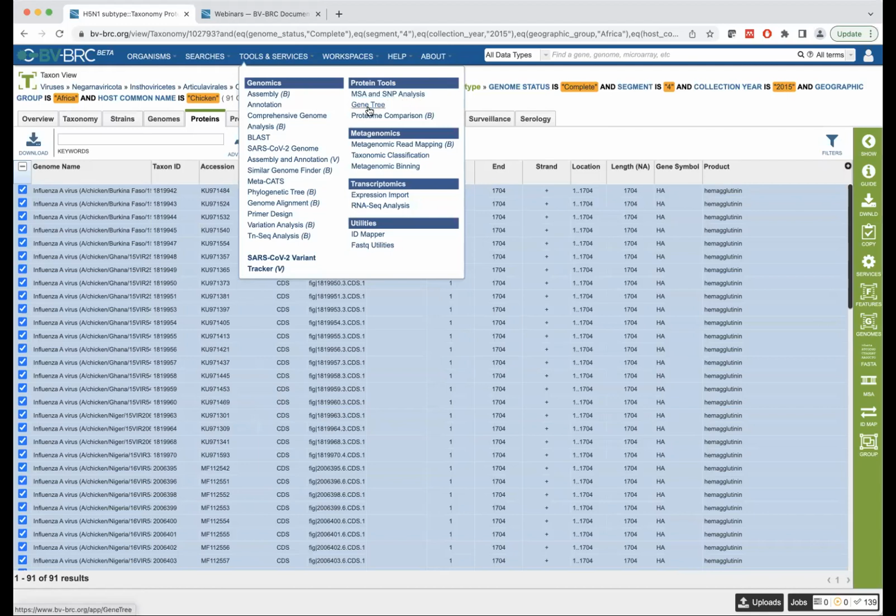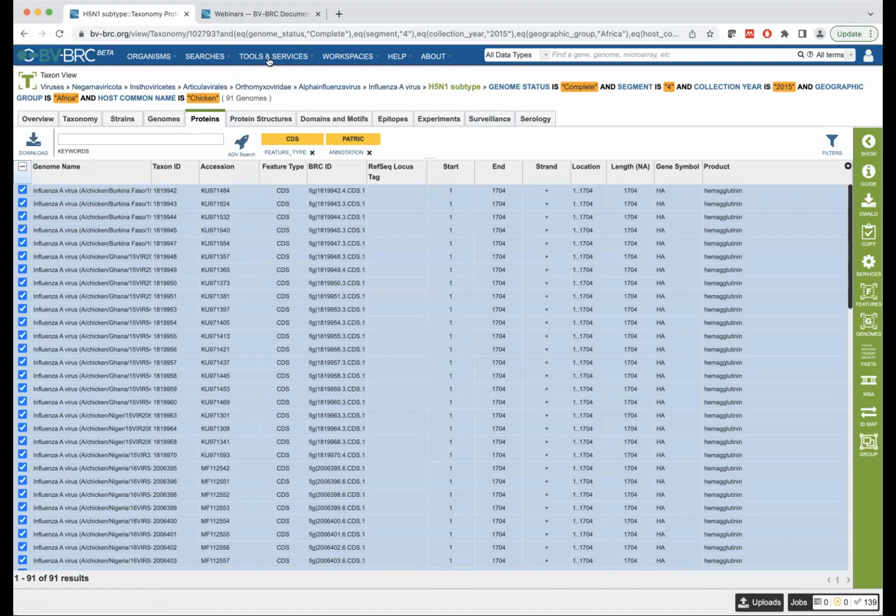I can use the gene tree tool to make phylogenetic trees, or I can also use a couple of other basic genomic services as well, which we'll cover in our future sessions. All right, so